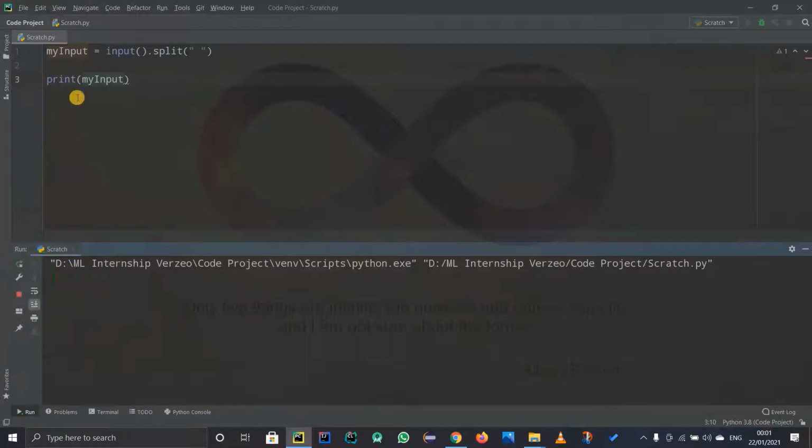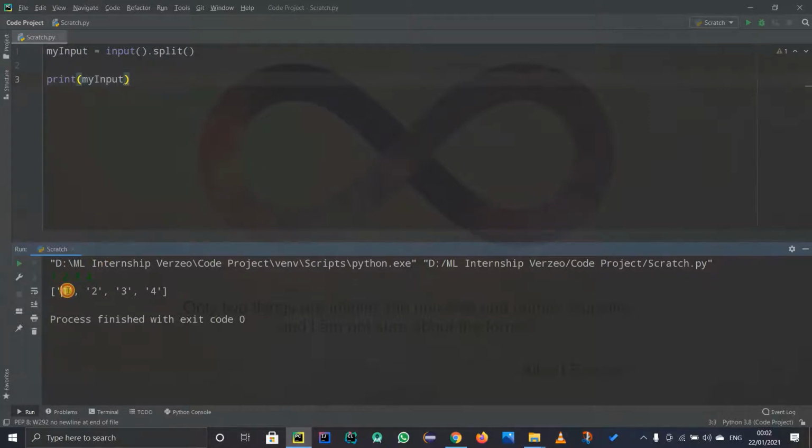Now let us run this code and see what will happen when I say input dot split and print out my input. I'll obviously write 1 2 3 4 5, and if you see, I am getting a list now. I am getting a list which says 1 2 3 4 5, and it got split by a space. One more nice thing is that whenever you use input dot split, if you don't write anything as an argument, the default argument is space. So even if you don't write that the split is space, it will still consider the split as space by default. So this is fine. Now you have a list.